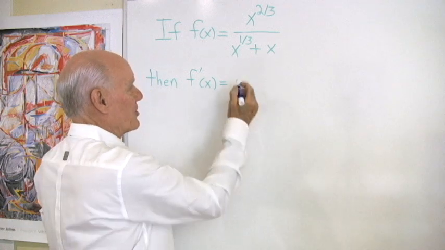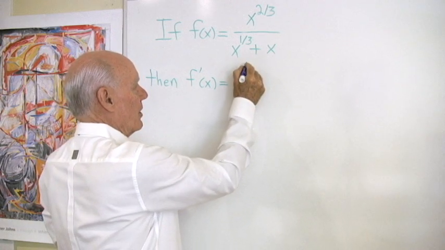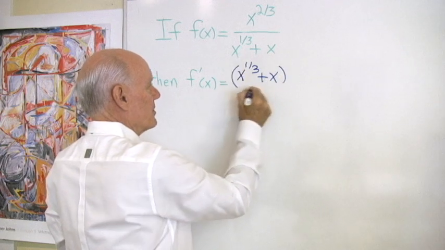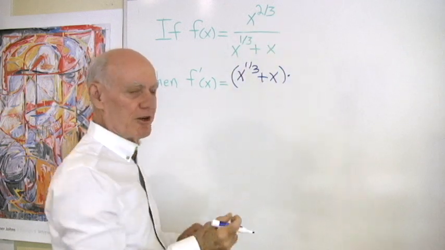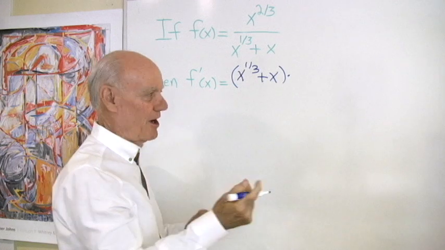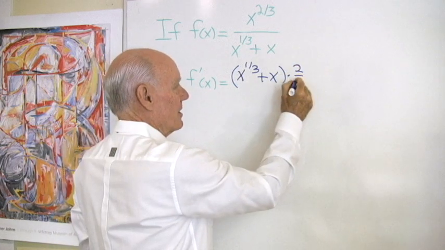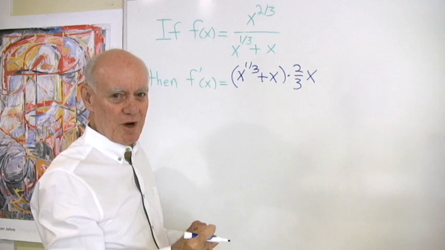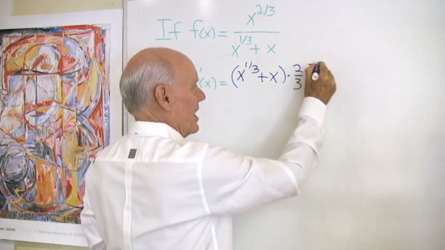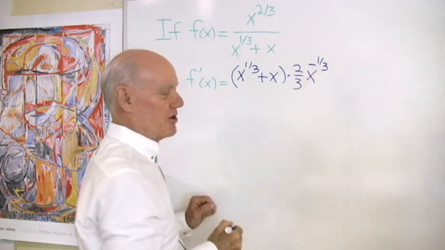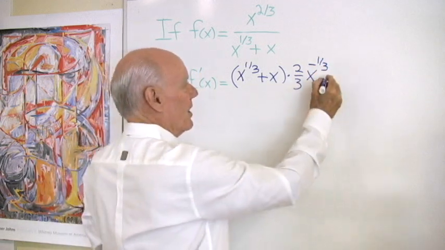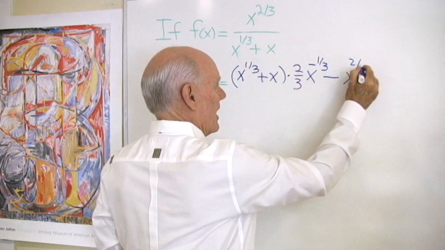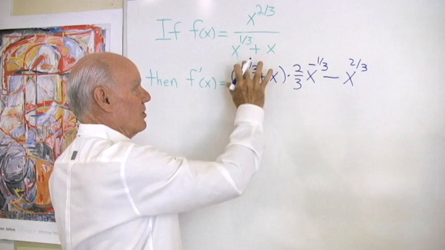So let's apply that. It's going to be the denominator, x to the 1/3 plus x, times the derivative of the numerator. So I'm going to take the exponent out in front, 2/3, x to a power 1 less. So I'm going to subtract 1 from that exponent, and what I get is negative 1/3. So that exponent is negative 1/3. Minus, now I'll take the numerator just as is, x to the 2/3, and